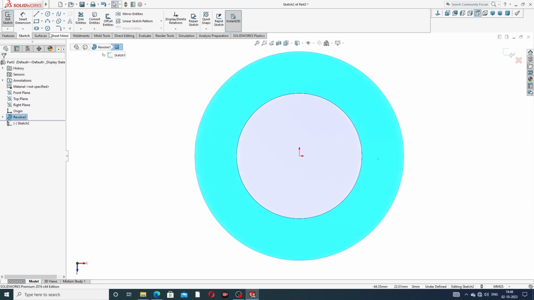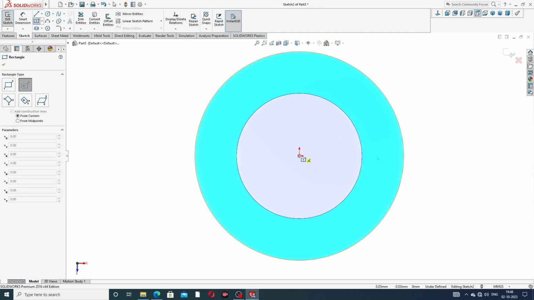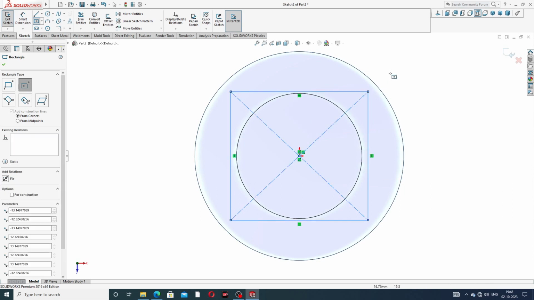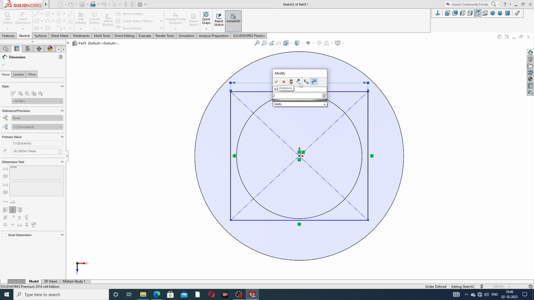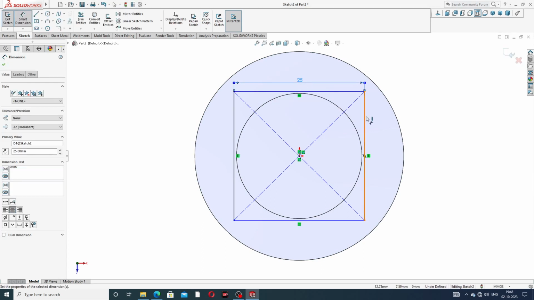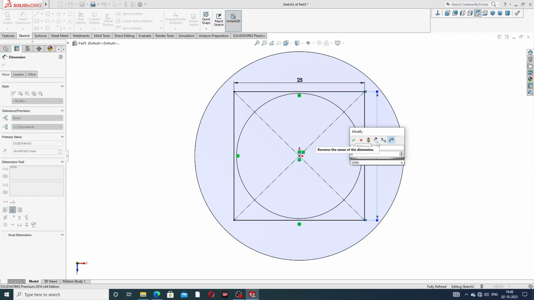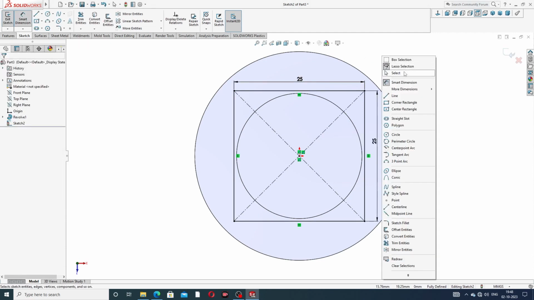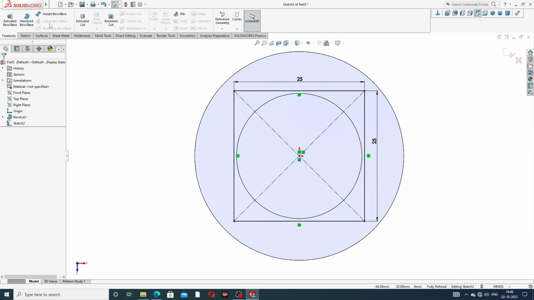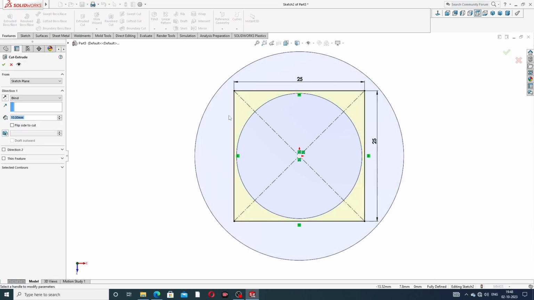Okay, and use this, and this uses a center rectangle, and this is perfect, and this is a 20 millimeter, and also this is a 20 millimeter, this is a 25 millimeter, and also this is a 25 millimeter, correct and perfect. And extrude cut is also better,